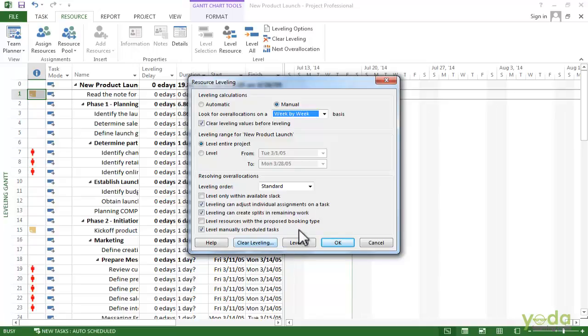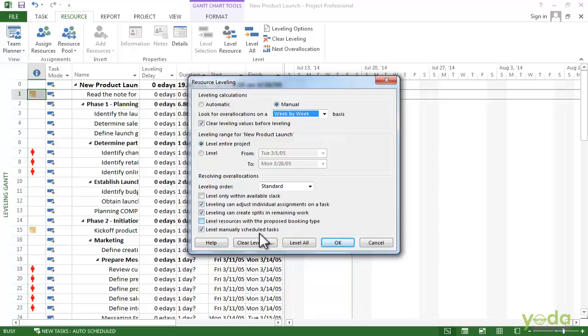The next checkbox, leveling can create splits in remaining work, is also turned on. That's another one to keep the way it is. That way the project can put splits in tasks to get rid of the over allocations. The next checkbox is for proposed resources, but in this project we just have regular resources, they are all committed to the project, so we will leave it turned off.